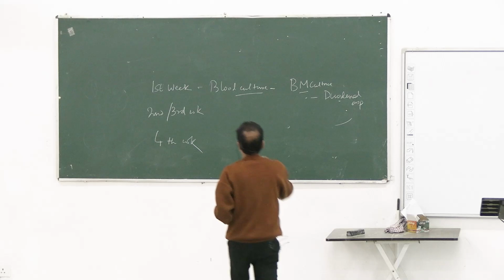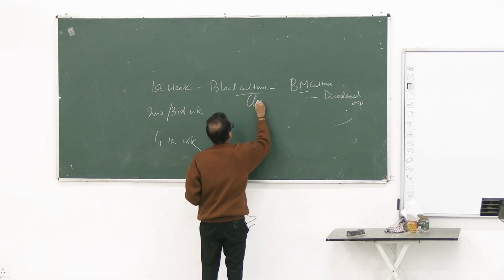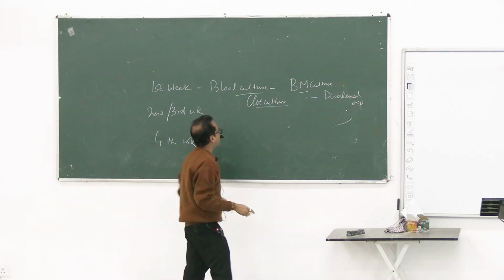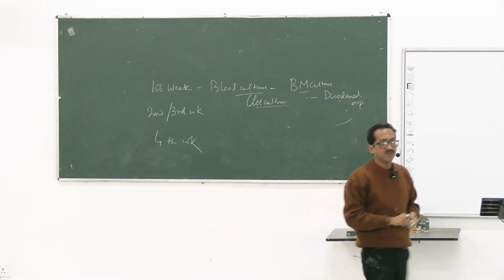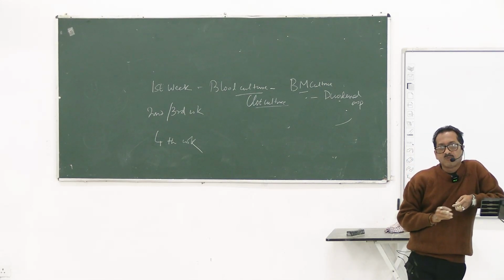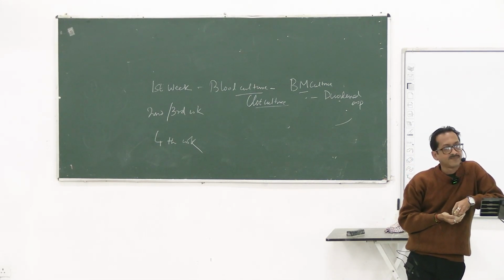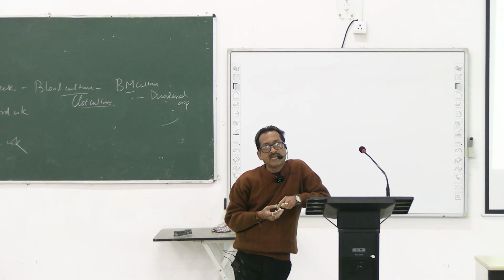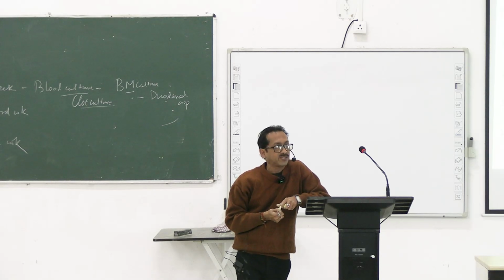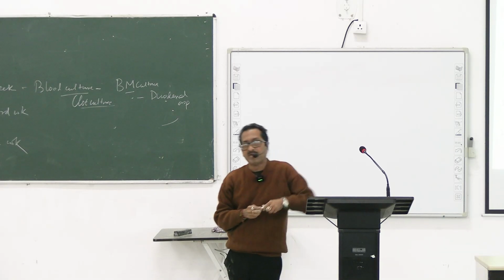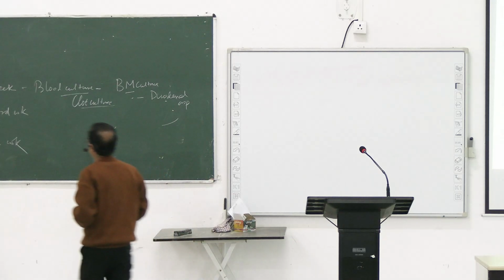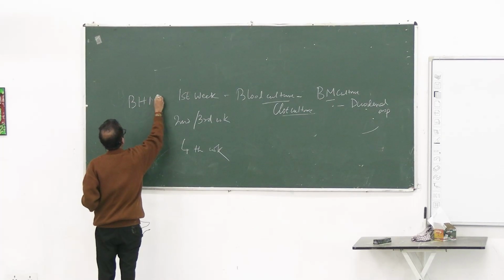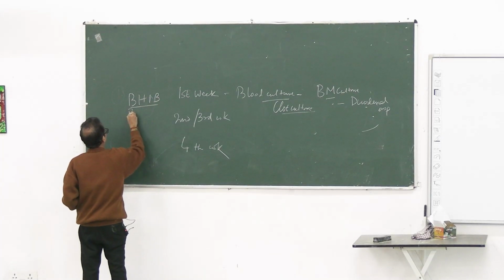What else can be done? There is another method called clot culture, which is another method of blood culture. Blood culture, you already have a class. What media can we use for blood culture? One is brain heart infusion broth for manual culture, and another is Castaneda's media or biphasic media. So the common media for blood culture is BHIB, brain heart infusion broth, or biphasic Castaneda.